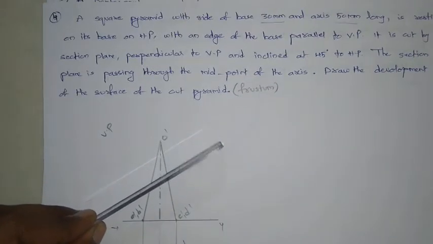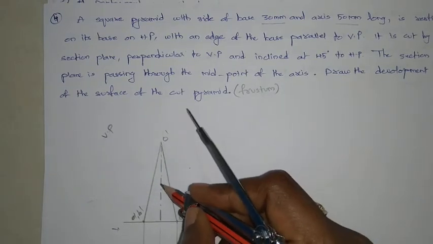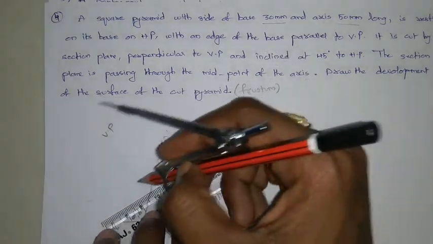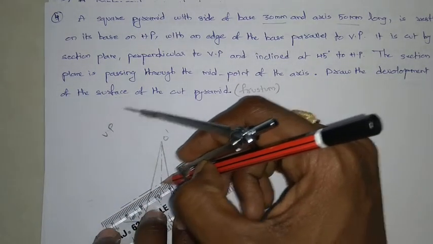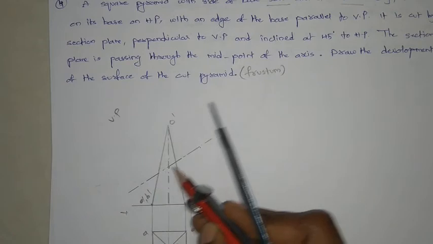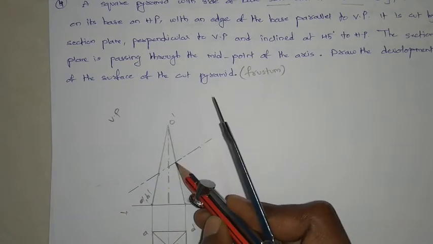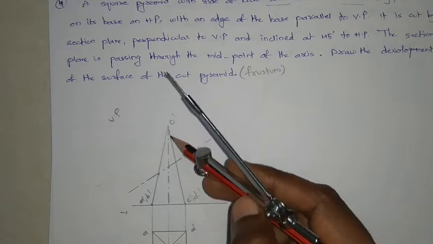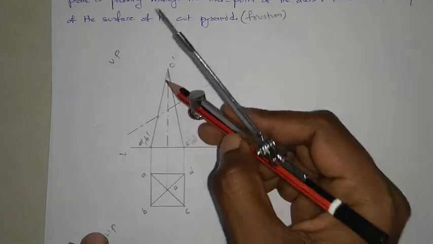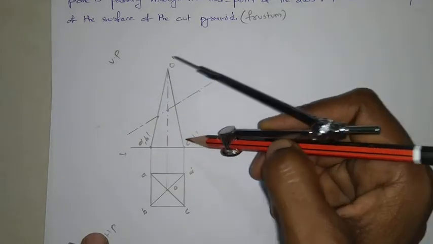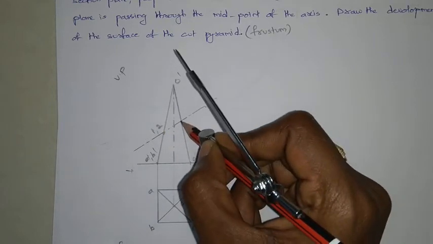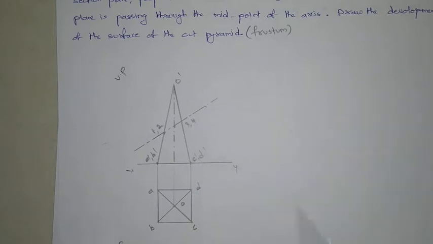Okay, so consider this as the midpoint, and with an inclination of 45 degrees I am drawing the section plane. So if you observe, this section plane is cutting at 2 locations, at this point and this point, but actually it is cutting 4 edges, that is OA, OB, OC and OD. So here we have OA, OB, and here we have OC, OD. So let these points on OA be 1, OB be 2, OC be 3 and OD be 4.